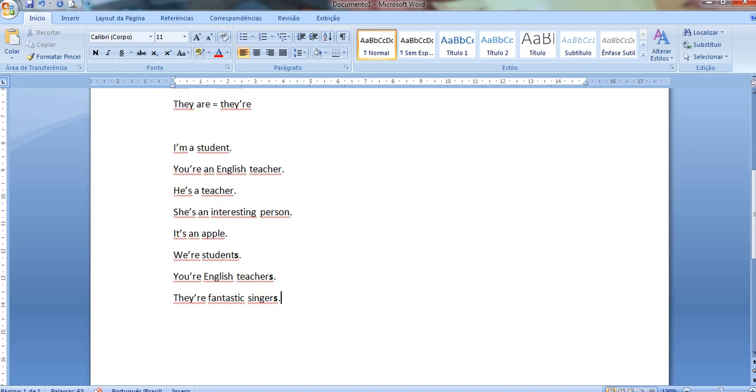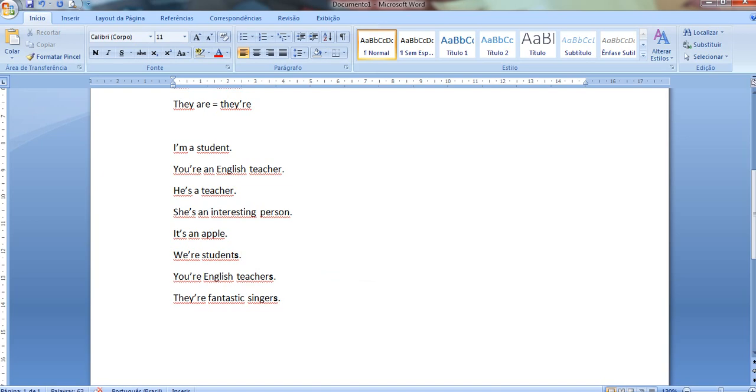So we have here some examples of affirmative forms. Use the verb be in all personal pronouns. Okay, the personal pronouns I, you, he, she, it, we only use it for singular form. And the personal pronouns we, you, and they here we use for plural forms. Okay,